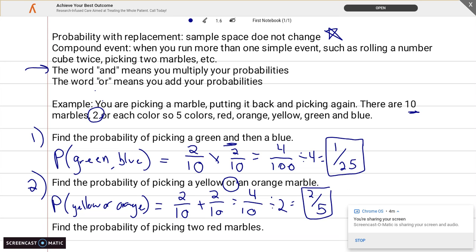And let's look at the last one here, number 3. We want to find the probability of picking 2 red marbles. Okay, well, I want to pick 1 red marble, so that's 2 over 10. And I want to pick another red marble, so I have to multiply again by 2 over 10. This is the same probability that we found for number 1, so I can just look back there, and I get the same answer of 1 over 25. So even though the probability questions were different, the probability answers were